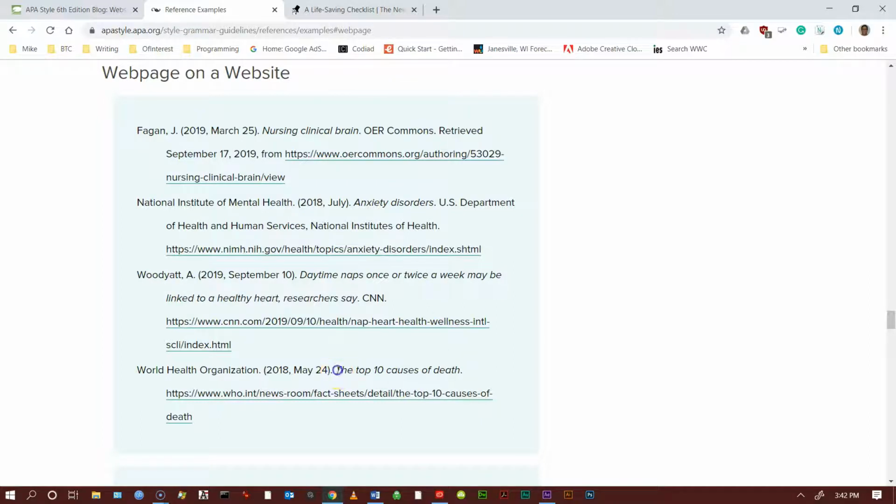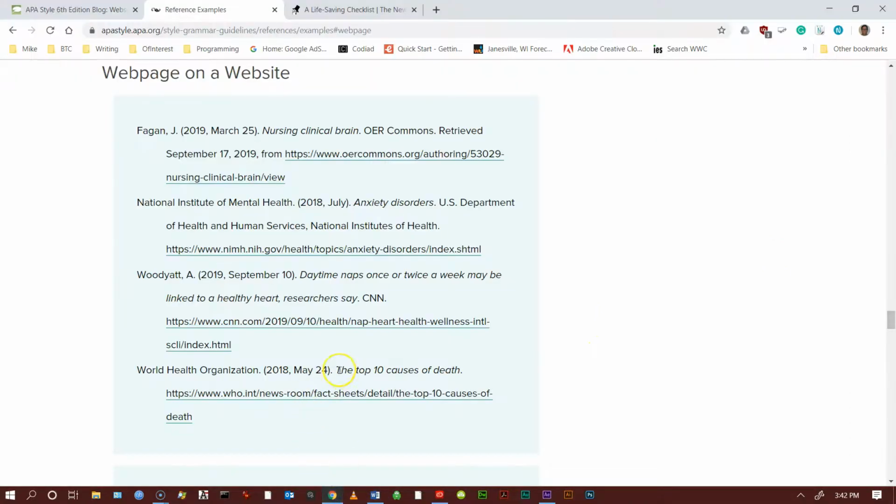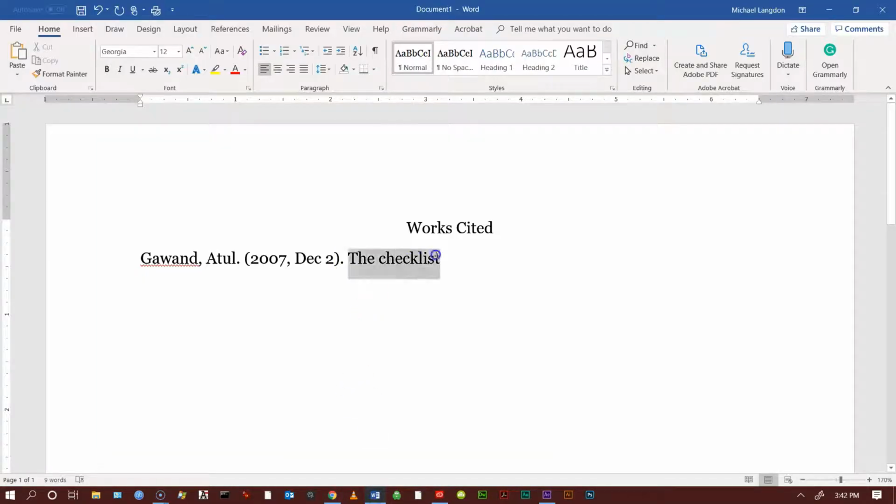So you'll notice that they only capitalize the first word in the title, which is an odd thing to do. So this would actually be the checklist, like that, which looks much like this one, and it should be italicized. So here's italics right here, and we put a period there,